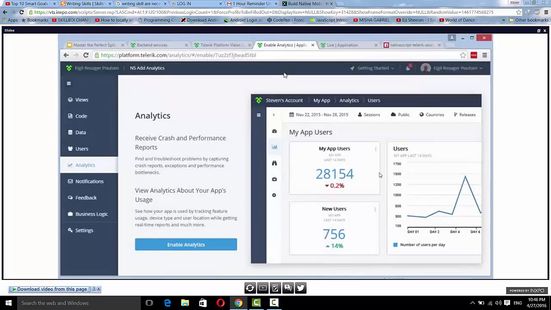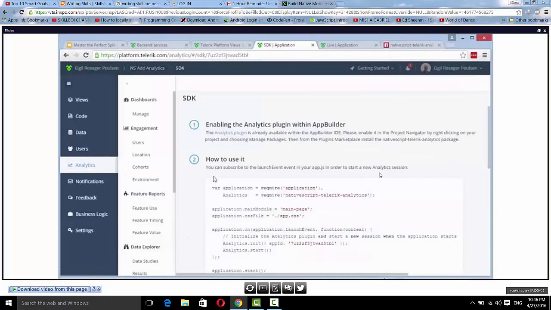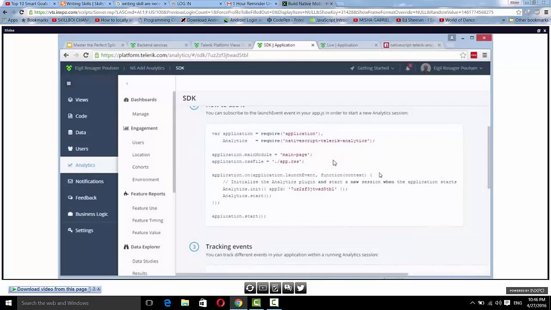Before I show how I did it in the Anchor panel, I want to start from a brand new NativeScript project, and I have this here. It's just to show you the initial steps you have to go through. So create a NativeScript app from within the TELERIK platform, go to the Analytics menu, then click Enable Analytics. And now the service is actually being prepared on our server side, and we have some initialization code that we